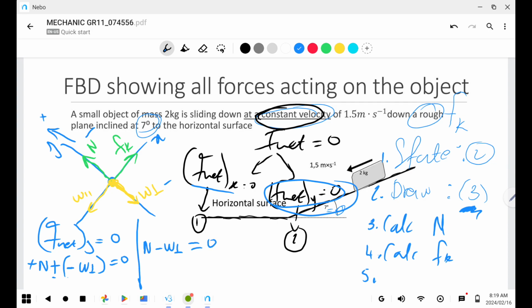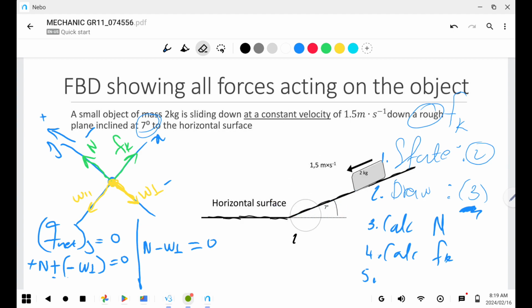But how do we calculate the perpendicular component of the weight? Remember, we have said that to calculate the perpendicular component of the weight, we can use the weight times cosine of theta, where theta is the angle of inclination of the slope, this one over here. How do we calculate the weight? That is mg. Weight equals mg. The mass it was given, it's 2 multiplied by 9,8. The answer there will be 19,6. So we have 19,6